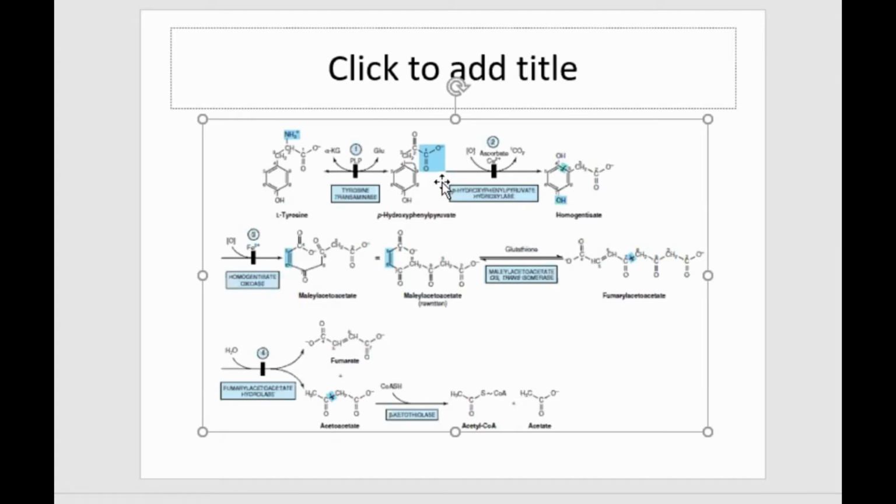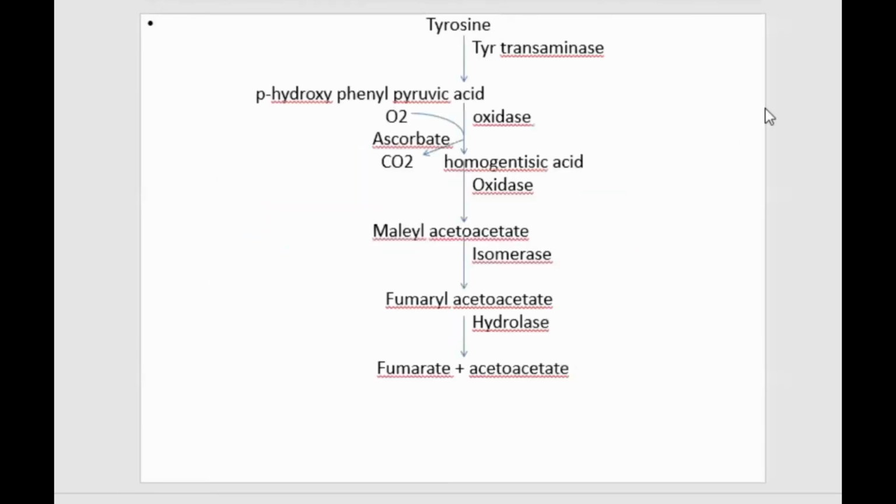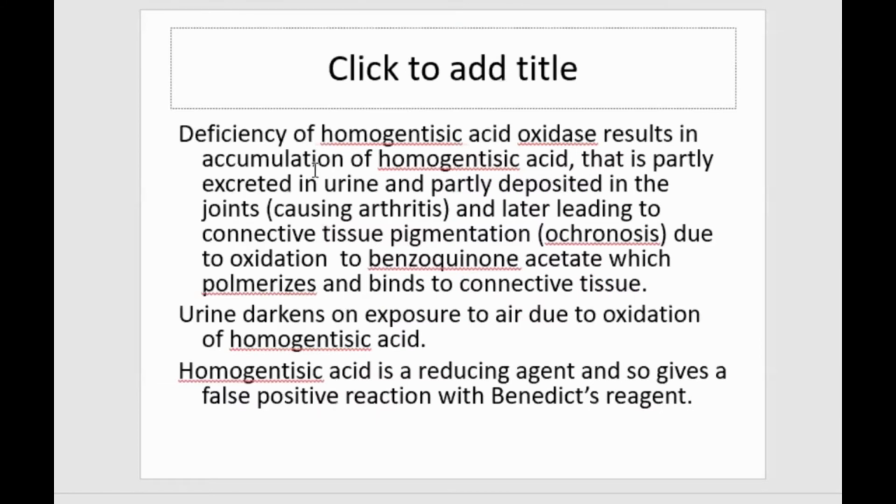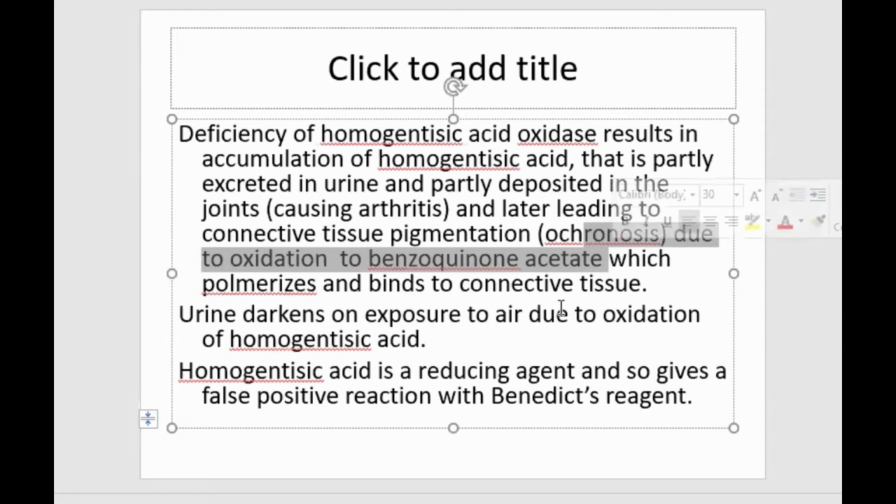Homogentisic acid oxidase deficiency will result in accumulation of homogentisic acid, which is partly excreted in urine and partly deposited in the joints, causing arthritis, and later leading to accumulation in connective tissue, causing connective tissue pigmentation, which is called ochronosis. Homogentisic acid is oxidized to benzoquinone acetate, which polymerizes and binds to connective tissue. So that's why this leads to ochronosis, staining or pigmentation of the connective tissue, and arthritis because of its